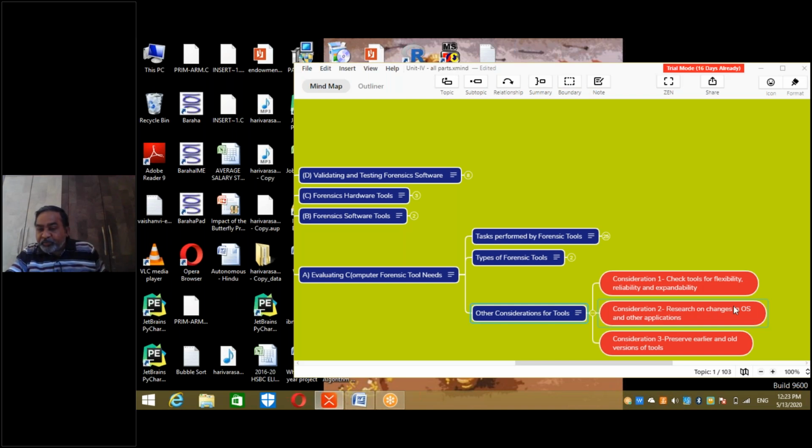Next, in consideration 3, observe earlier and old versions of tools. Now, what happens as the technology is evolving, newer and newer tools are coming. Sometimes this new tool may not give, or may have done away with, the facility of working with older systems, because that is obsolete. For example, today, if you want a tool that will do analysis of Windows 3.1 or Windows for Workgroups, which tool can do it?